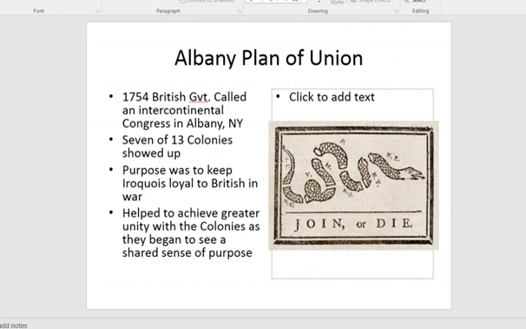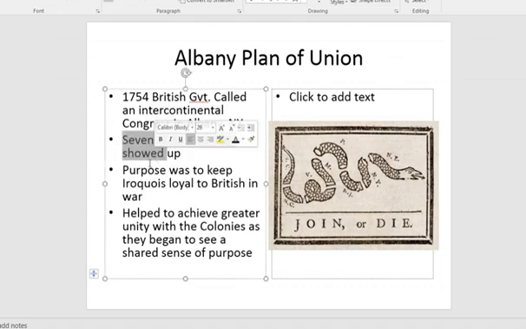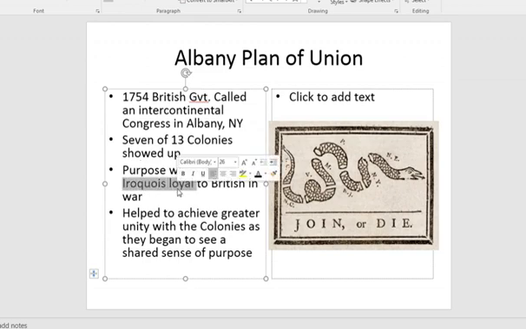Albany is now the capital of New York State. So basically, 7 out of the 13 colonies are going to show up. The purpose was to try to keep the Iroquois Confederacy loyal to the British. The Iroquois controlled large swaths of what is now New York State, into Pennsylvania, and they are really the gatekeepers. If the Iroquois had switched over to the French side, that would have made it incredibly difficult for the British